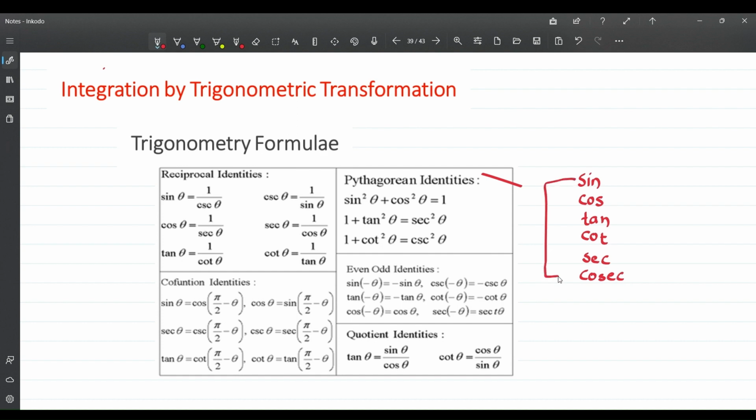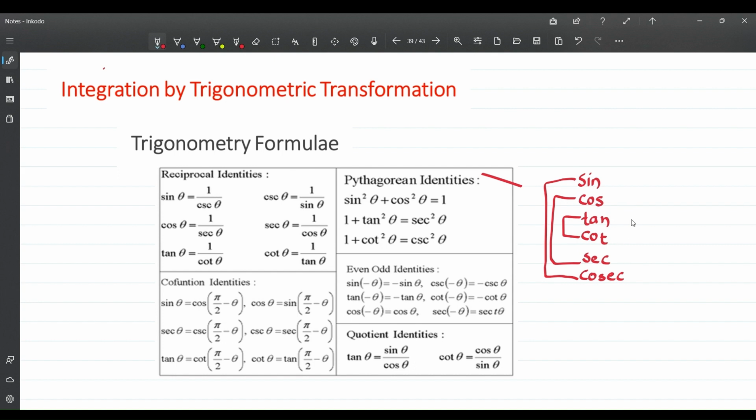First with last one, that is sine is reciprocal of cosec, and cosec is reciprocal of sine. Second one, cos and sec, means second and second last. Cos and sec are reciprocals of each other. And last one, tan and cot. Tan is reciprocal of cot, and cot is reciprocal of tan. So the relation will be like this: first with last, second with second last, and middle two are the reciprocals